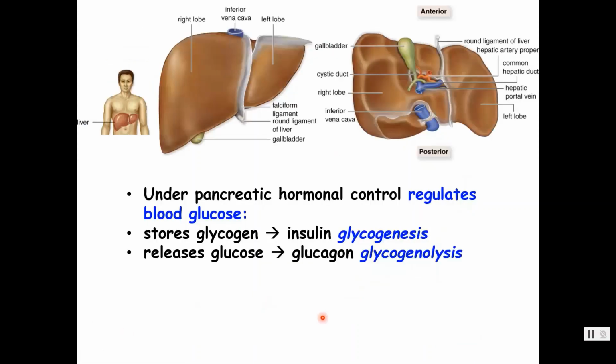And then we already talked about that it is going to be controlled. It's going to listen to the pancreas. When there's a meal that we've eaten, then the pancreas releases insulin, and then the liver says, aye, pancreas, I'll do that job, and goes through glycogenesis. It's going to store that sugar, that glucose, as glycogen for later use. And then when the glucose is gone, it's going to respond to glucagon released by the pancreas and go through glycogenolysis. And also, if there's not any sugar, then it can go through gluconeogenesis, and so it can make glucose